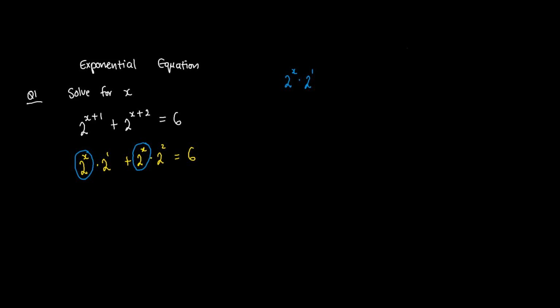So what am I going to do? Let's just make our lives a bit easier. Let's just take out 2 raised to the power of x, because that's the problem, because it has the x, right? So I'm going to take this first term, I'm going to divide it by the common factor. I'm left with 2 raised to the power of 1, plus I'm going to take the second term, which is 2 raised to the power of x times 2 squared. I'm going to divide it by the common factor of 2 raised to the power of x, and I'm left with 2 squared. It's equal to 6. So I have 2 raised to the power of x times 2 plus 4 is 6,